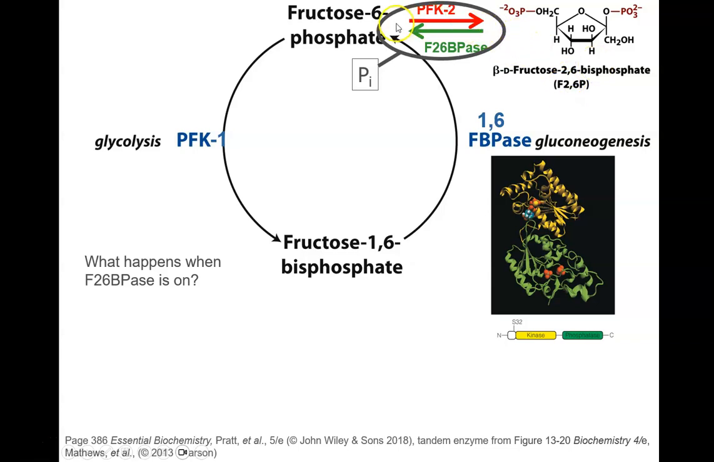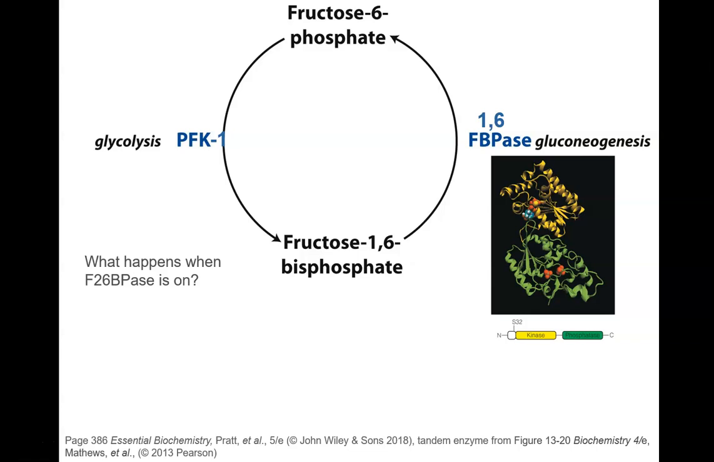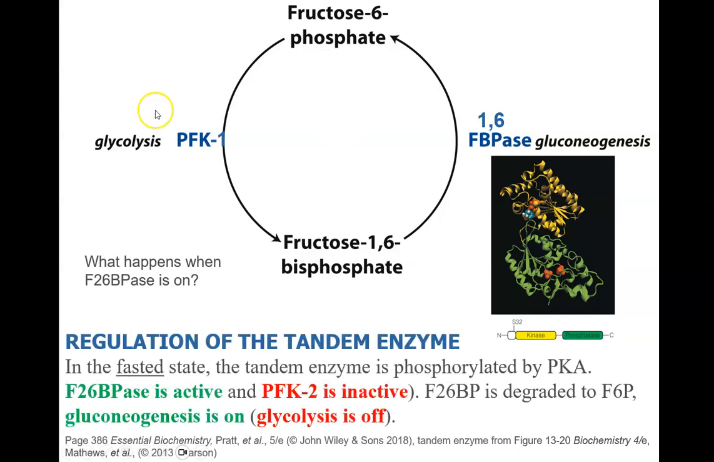And the way we get rid of it is the fructose 2,6-bisphosphatase will hydrolyze that phosphate from the number 2 position, and now you just have regular old fructose 6-phosphate. And now the fructose 2,6-bisphosphate is gone. And it's not there to stimulate PFK1. It's not there to